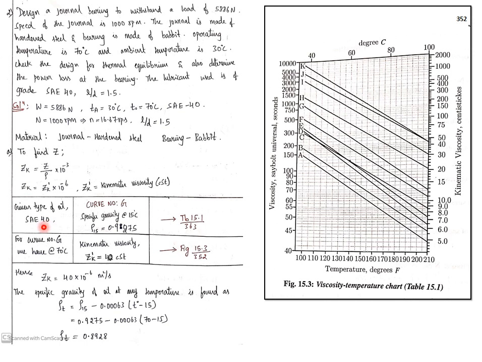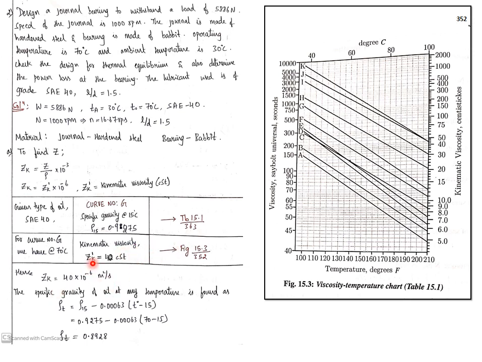Corresponding to the oil, what is the curve? You can go to table number 15.1, that is page number 363. Corresponding to the type of oil, you can select the curve. Corresponding to that, you will get the value of specific density at 15 degrees Celsius of the oil. Corresponding to these two values, if you check the graph, the curve number is G. Now you have to match the 70 degrees with respect to curve G. Corresponding to that, you will get the value of kinematic viscosity.